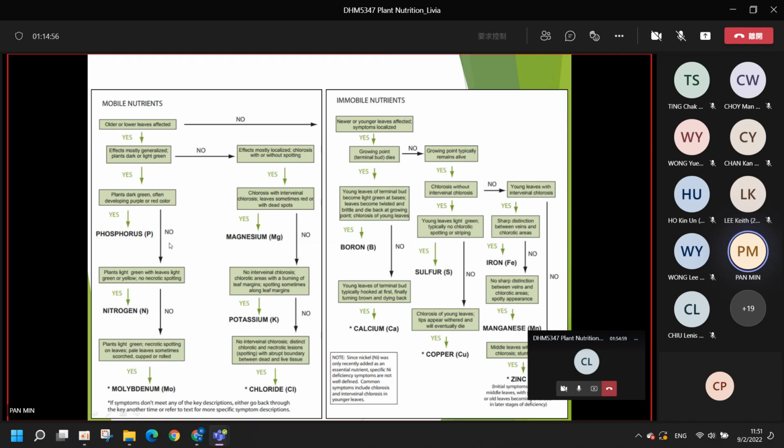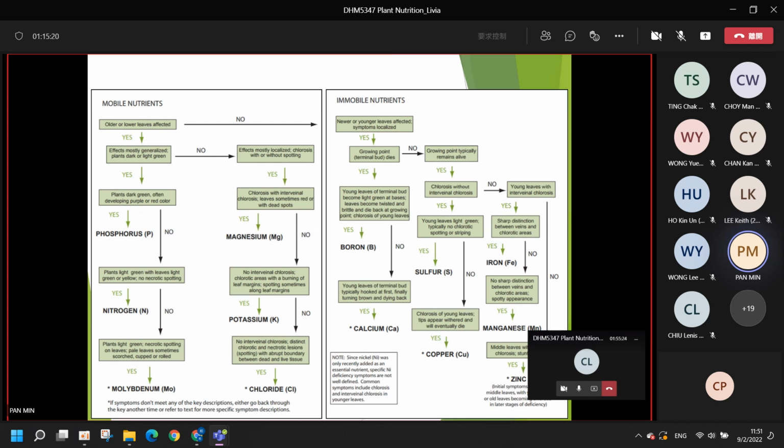If no, it will be caused by nitrogen, and depending on the color change, or whether it has necrosis symptoms, you can know